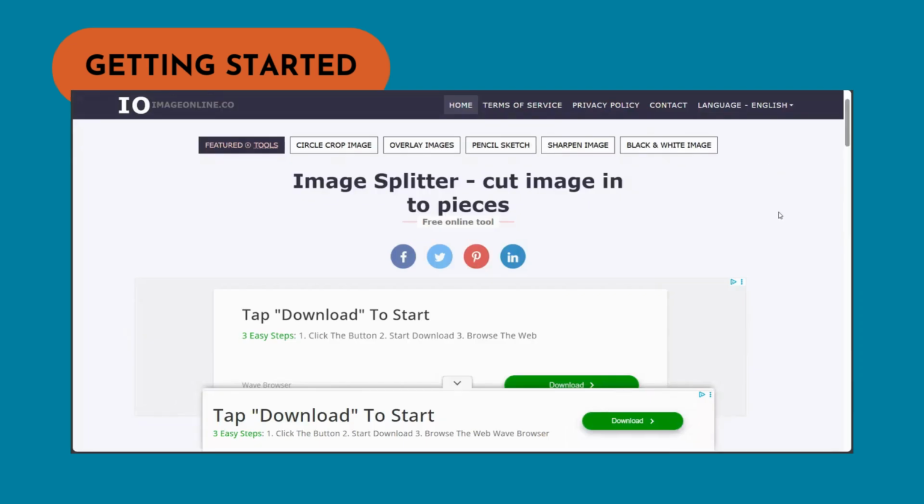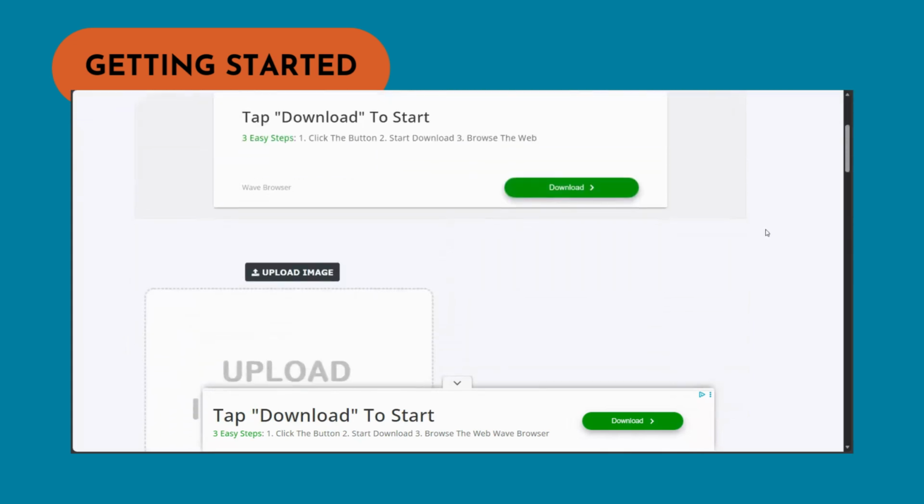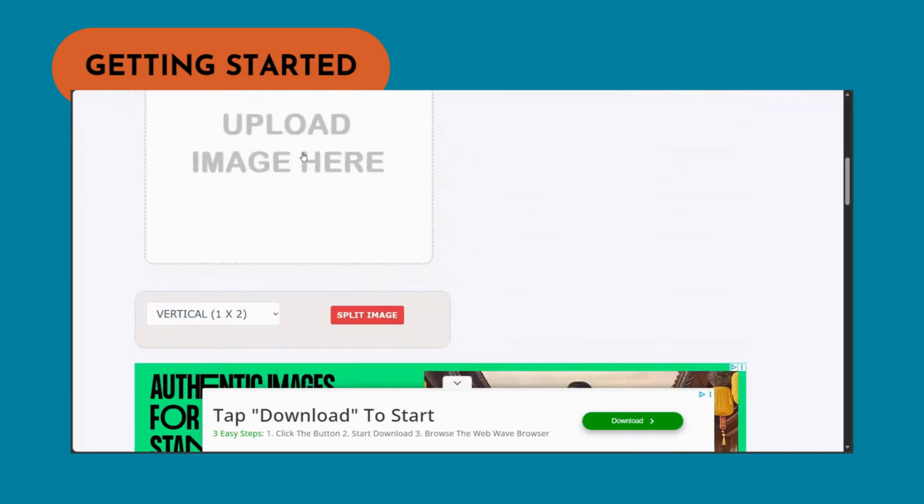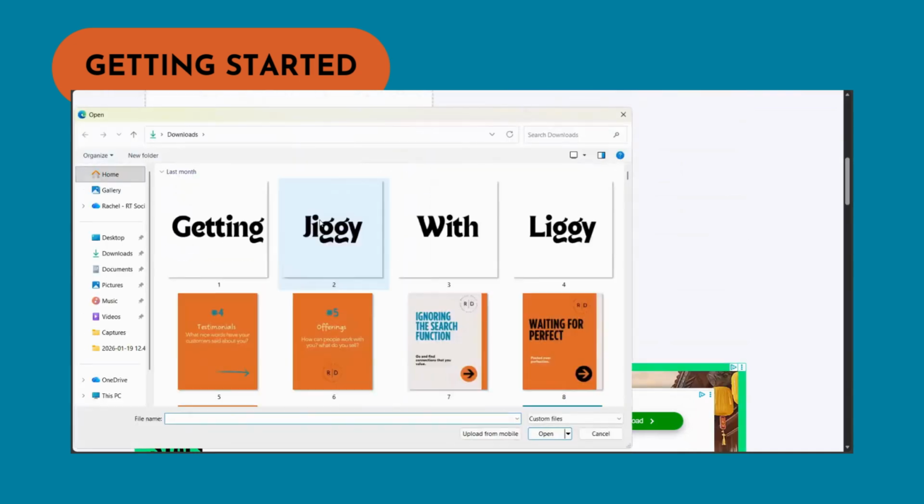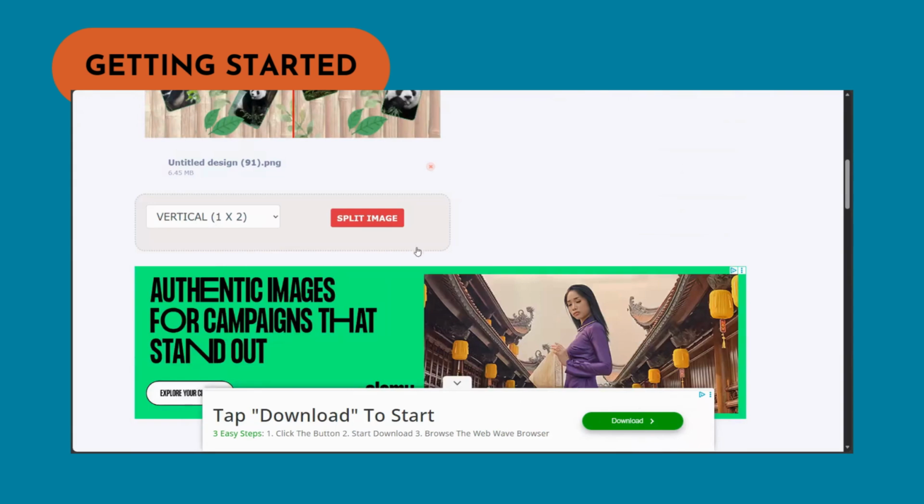Okay, so now you need to go and find an image splitter. So there are lots of free ones on the internet. The one that I'm using is the website splitter.imageonline.co, and it is super easy to use. So what I'm going to do is upload that image that I have just created. So my pandas go into there,